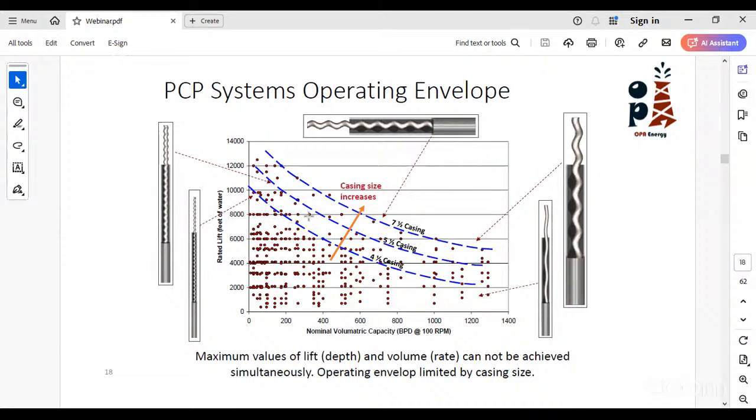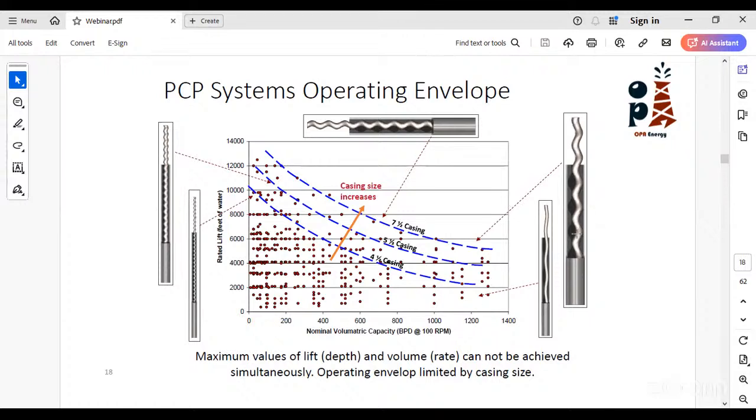And of course, if your casing is getting larger, you can run a tubular PCP or stator attached to your tubing that is bigger and can deliver higher flow rates and a higher net lift. So these are the common PCPs that are right now in the market, decided by the flow rates and the net lift capacity. These figures show the stator, or the configuration of the stator with the rotor itself.